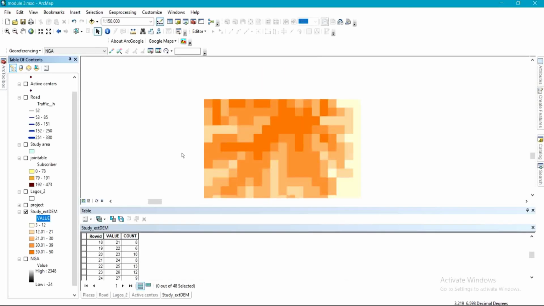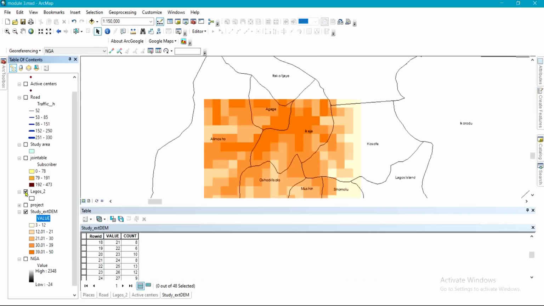So if you want to do maybe a suitability analysis, for example, on this particular area, Lagos map, we want to site an infrastructure, maybe a mast or a cable network. We just want to select a place based on particular criteria, for example, elevation. So if you want to site probably a mast and you have a criteria saying that the elevation should be higher than 35 but should be lower than probably 90, and you want to do that analysis to find out places in this study area that have elevation higher than 35 but lower than 90, you can always do that